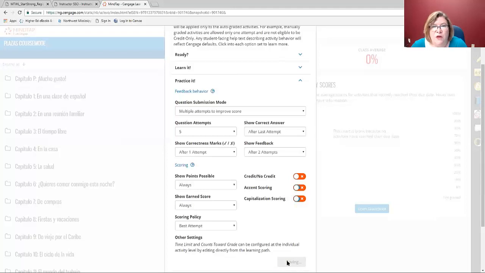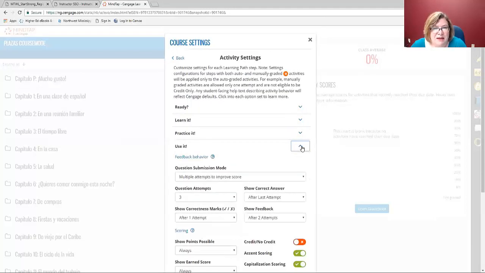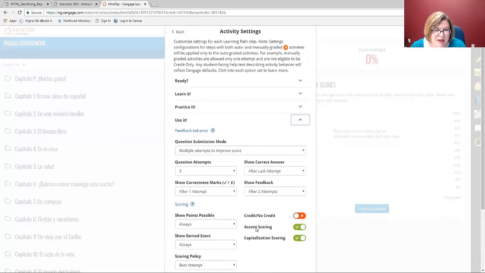Once you change this for the whole block, you're going to see that it allows you to modify each one individually. For example, I probably would make my students have accent marks and capitalizations on the use it activities because it's going to be a creation activity.